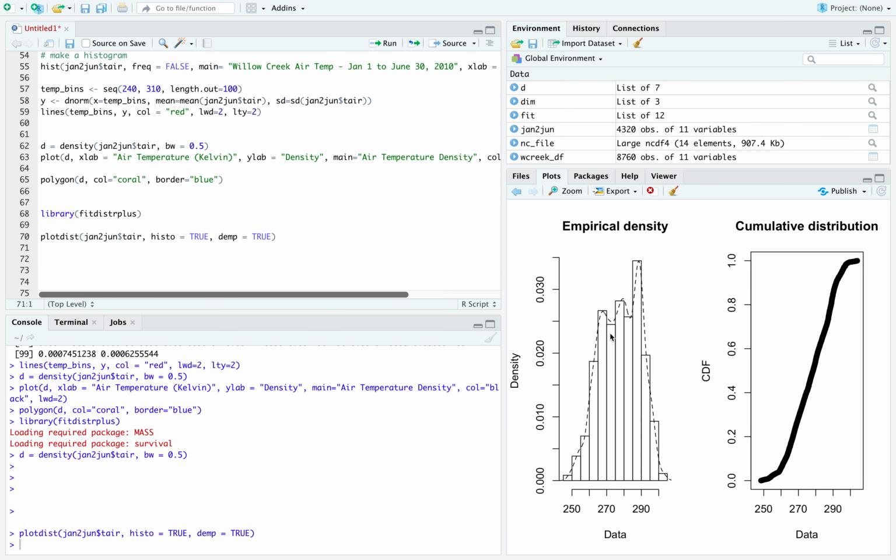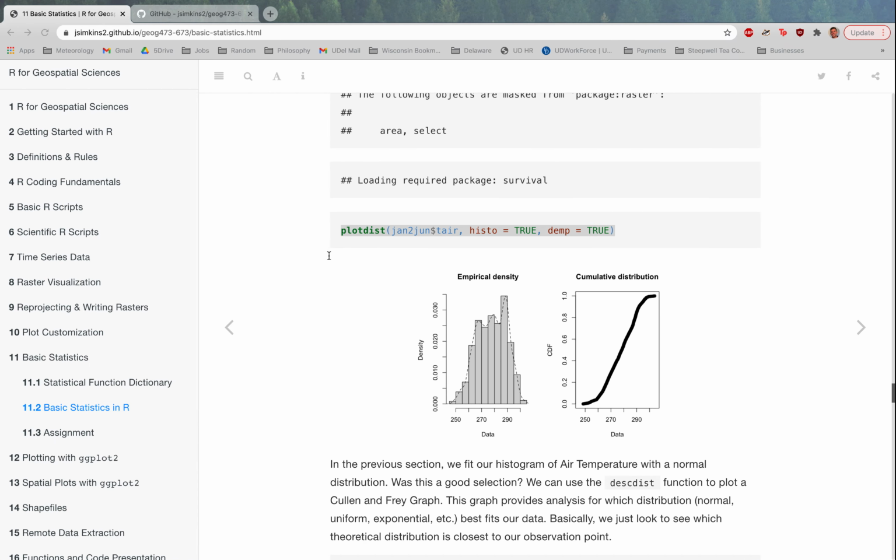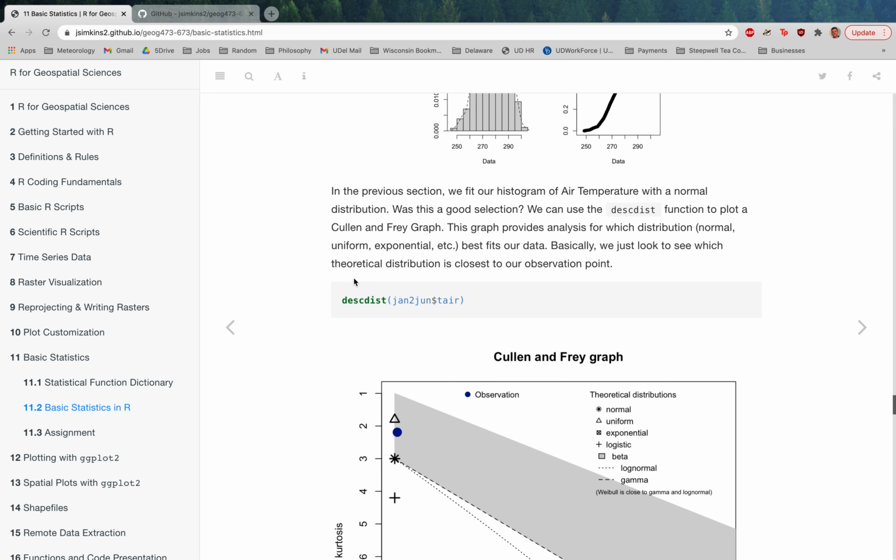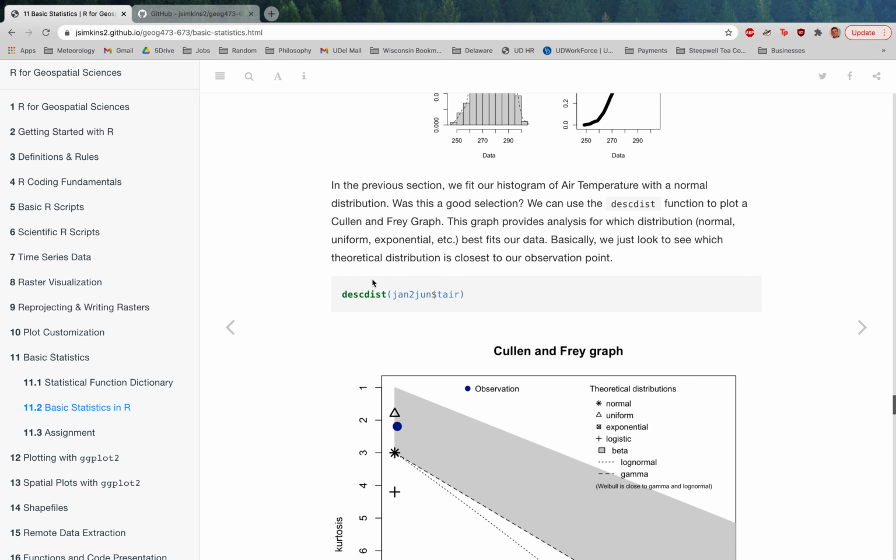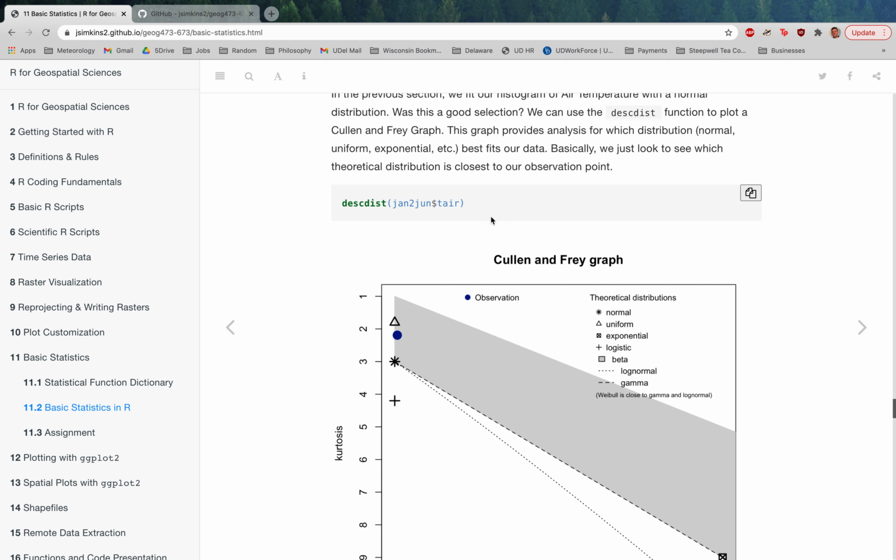So it automatically shows an empirical density and the cumulative distribution of data. So here's our CDF, and this is our empirical density. This is not a normal distribution. This is just the empirical distribution, what it looks like. Now what we can do here is, again, we know that a normal distribution is best, but let's actually go